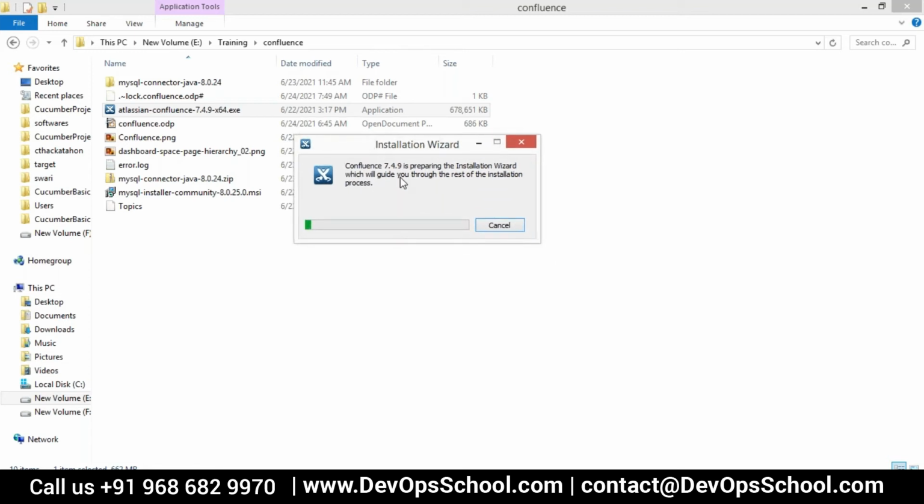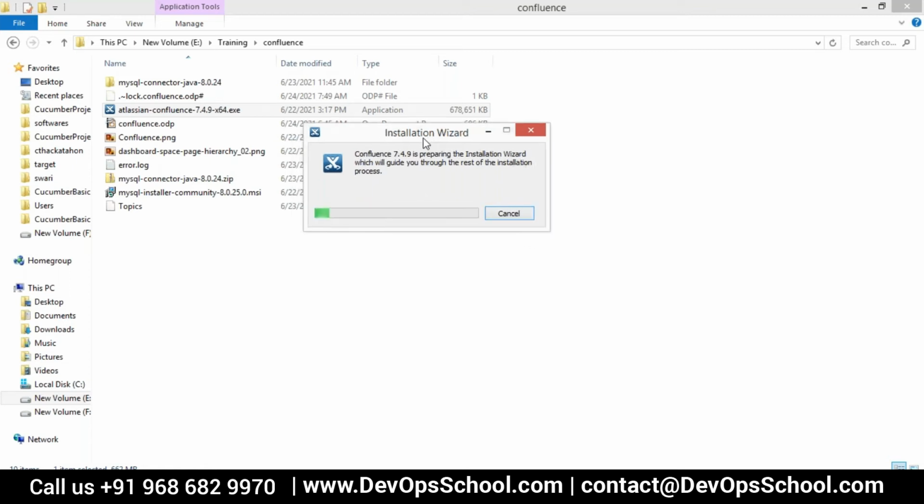Confluence setup is a bit tricky because nowadays it is not generally used locally; mostly it is used as a cloud version only. So let's try, guys. I think we should be able to go ahead this time.